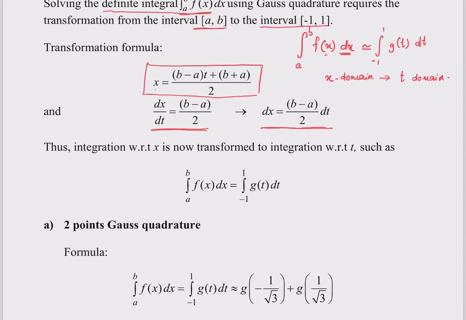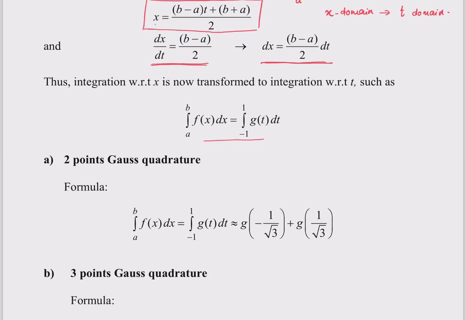Thus, by using this transformation formula, we now transform our integral from x to t, and our lower limit and upper limit are -1 and 1 respectively. Upon derivation by using the transformation formula and some other algebraic manipulation,